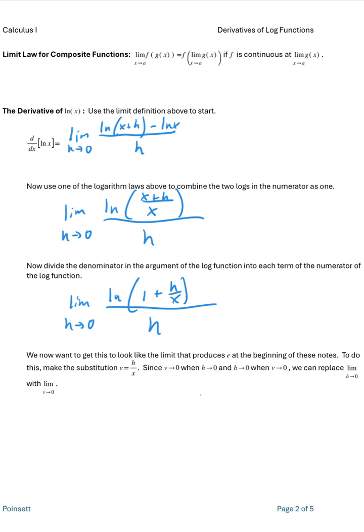So instead of limit as h approaches 0, we're going to have the limit as v approaches 0. Then we've got the natural log of 1 plus, in place of h over x, we're going to put v. And then also, since v is equal to h over x, we can rewrite that as h equals vx. So in place of h here, we can put vx. So we're going to have the limit as v approaches 0 of the natural log of 1 plus v over